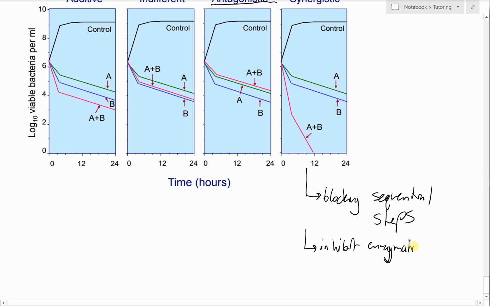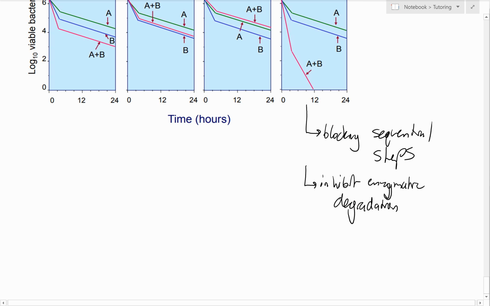And I have already given an example of this. That's what happens in the case of amoxiclav or Augmentin, where you give a beta-lactam with clavulanic acid. Clavulanic acid inhibits the beta-lactamase and allows the beta-lactam that it's coupled with to be much more effective than it otherwise would be. The third way that we can get synergism is by enhancing the antibiotic uptake